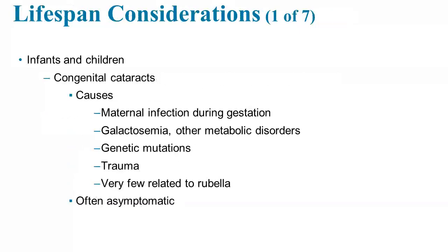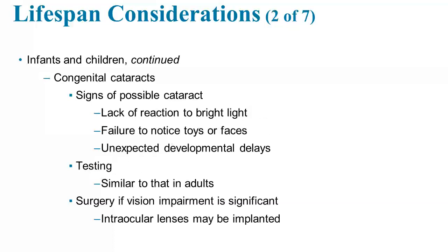And across the lifespan, depending on the cause, with congenital cataracts, maybe it was caused by maternal infection during gestation, or galactosemia, other metabolic disorders, genetic mutations, trauma, or very few cases of cataracts are related to rubella nowadays, can be often asymptomatic. How do you tell in a child if they would have cataracts? Probably the lack of reaction to bright lights, failure to notice toys or faces, or unexpected developmental delays. Testing is very similar to the adults, and surgery if vision is impaired is significant, and intraocular lenses may be